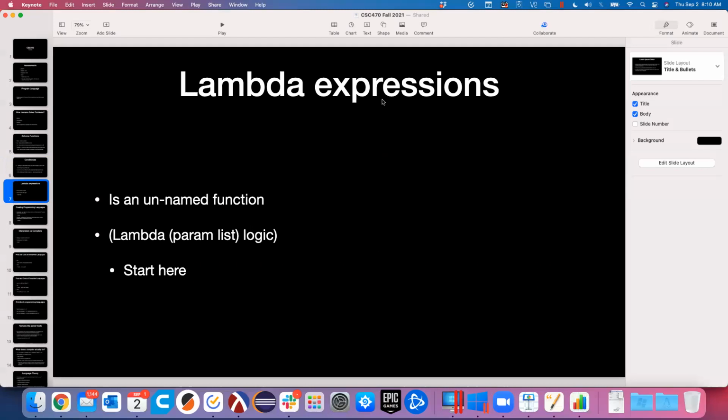At the end of class last time, we started talking about lambda expressions. Now, before we jump into that,